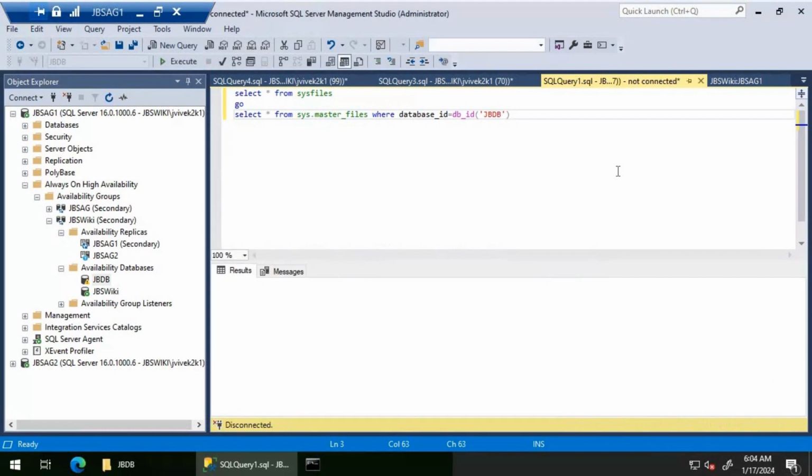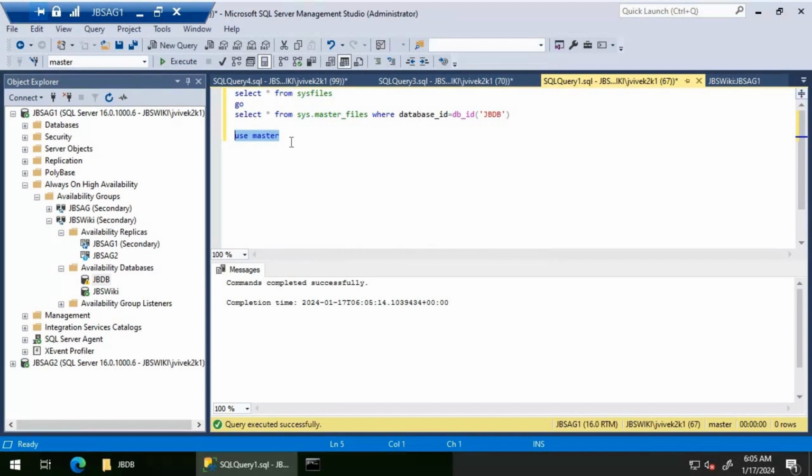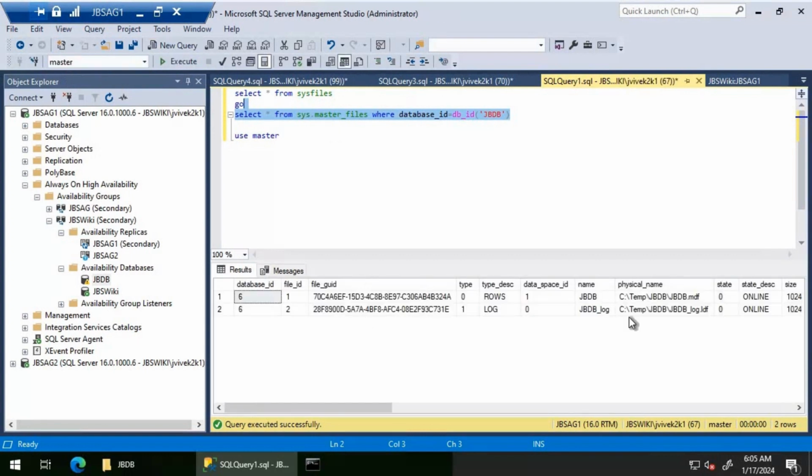Same issue, we were connected to JBDB, so let's use master. Okay, so it's connecting to JBS AG1. It's connected, so let's run it. You can't run the sys files because it will give the location for the master files. So if you see here, now the sys.master_files is showing this location. Okay. Now what we'll do is we will stop the SQL Server services here and then move the files